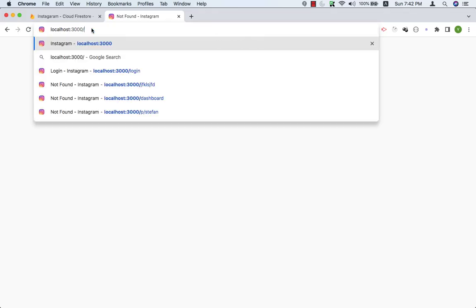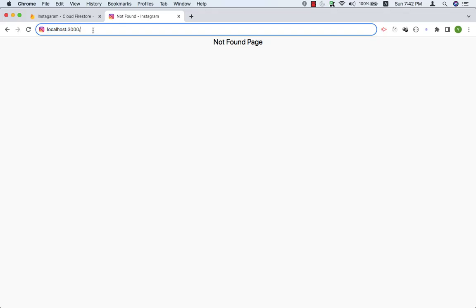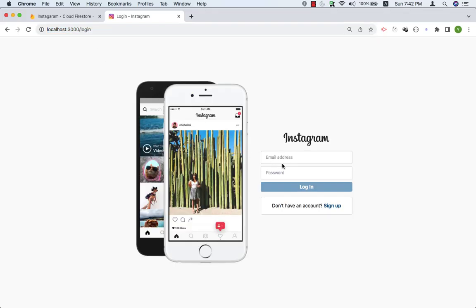Of course, because we have used the protected route for login and sign up. So this is working fine. If I hit enter, it will take me to the login page, so that is fine. And now if I log in, let's say